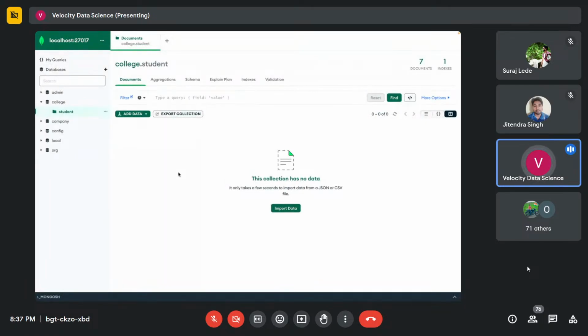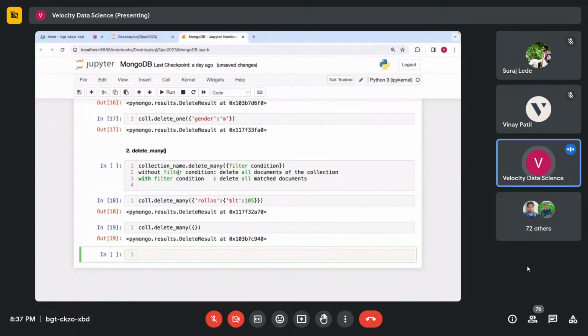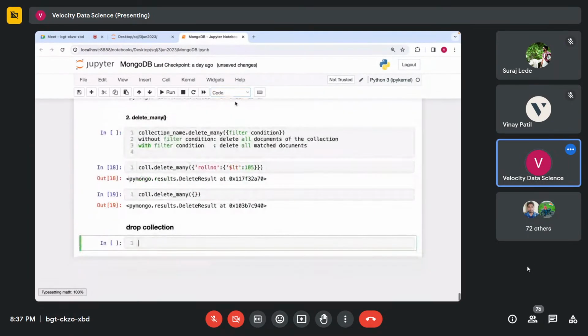So when you are adding or creating, your collection is not created until you add some data to it. But while deleting, even if you delete all the data from it, your collection will still remain there in the database. Okay. Now, if I have to drop that collection itself,